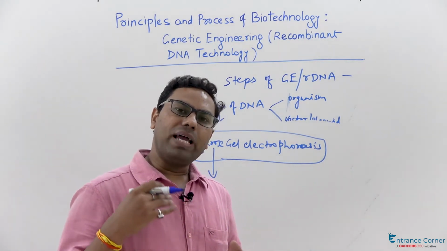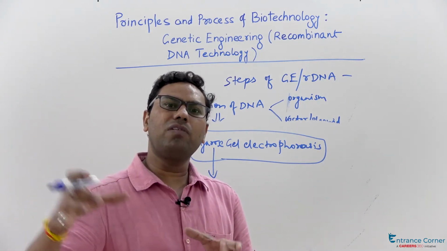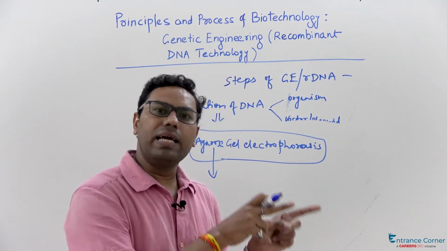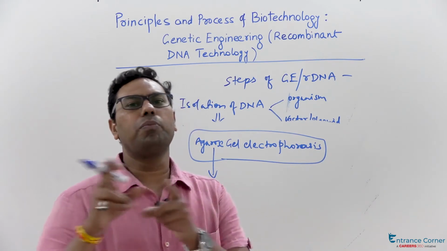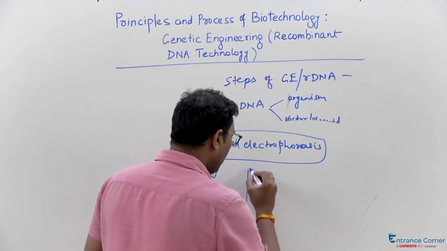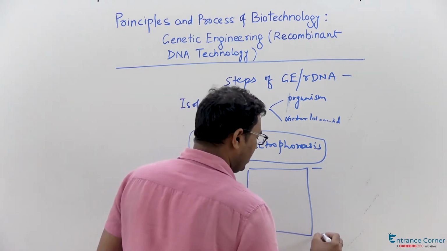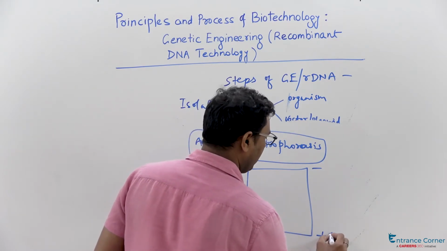So it is by compulsion that the different fragmented DNA molecules will migrate from the negative pole to the positive pole, that means from the cathode to the anode in a particular plate, an electroplate, where it has been charged. So if this is the anode,